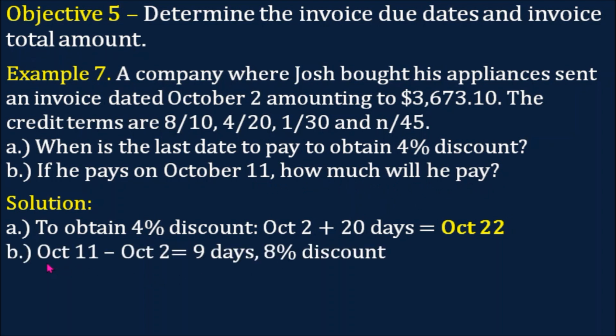So this is our solution. October 11 minus October 2 equals 9 days. He is entitled to 8% discount. So that means we are going to compute the 8% discount. So the 8% discount is computed as 3,673.10 times 0.08, and that is equal to